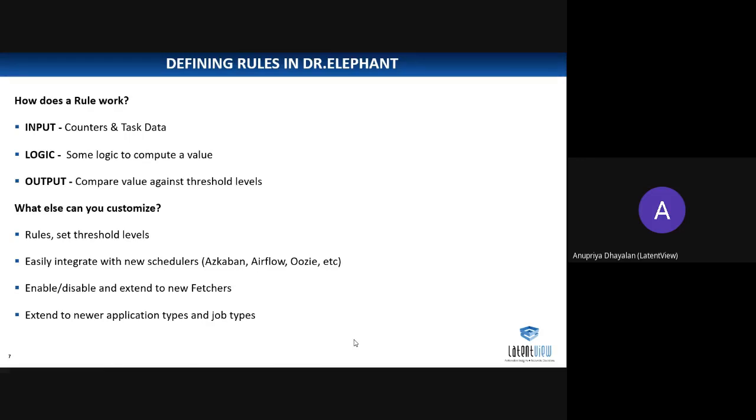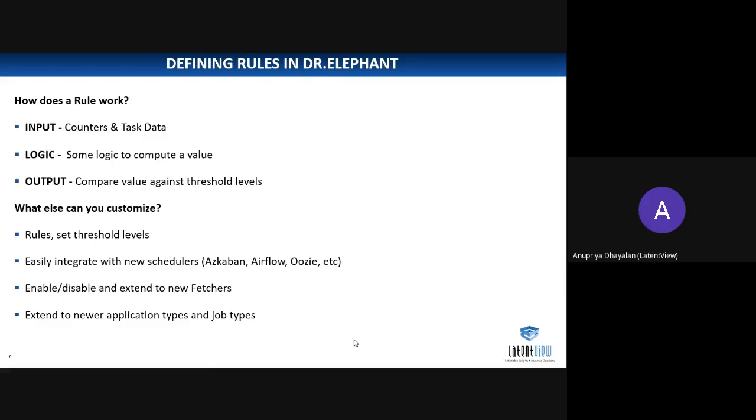Next is what else we can customize in Dr. Elephant. As we said, we have a set of predefined rules for both Spark and MapReduce. We can also customize our own rules by writing a custom rule.